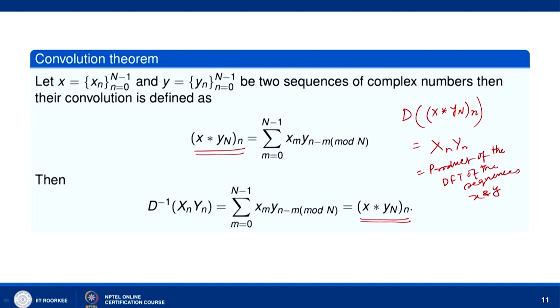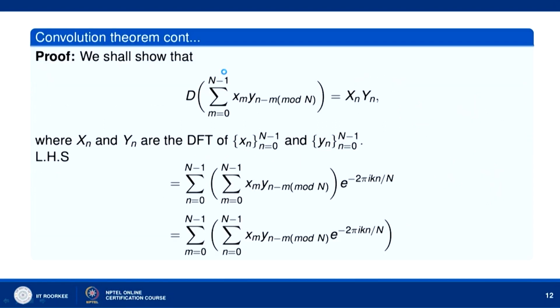Okay. So, the discrete Fourier transform of the convolution of the two sequences x n and y n is equal to the product of their discrete transforms. And I repeat, the convolution of the sequences x n and y n is defined as the sum over m equal to 0 to n minus 1 of x m y of (n minus m) modulo N. The modulo N is used so that the values of y n do not go beyond N minus 1; they remain between 0 and N minus 1. Okay. Now, let us prove this.